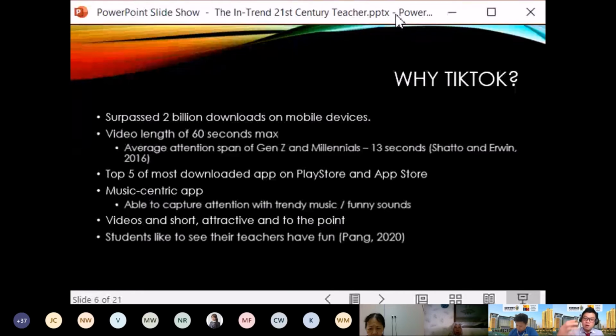So if you have fun creating the videos, you smile, you have genuine fun, connect with your students, your students like to see that. Your students will be like, hey, Mr. Joseph is on TikTok. They'll be sharing the videos to their friends, to everywhere else. Trust me, before you know it, you'll be TikTok famous among your kids. And definitely they'll be paying more attention to you because they'll be anticipating what sort of videos you'll be putting out in the next few weeks or months. Trust me on that. I'm just speaking from personal experience.